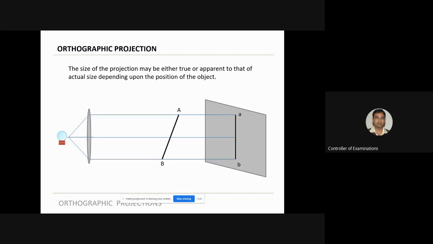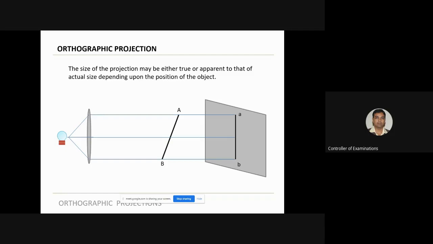Then what happens? Then the size of the actual object and the size of the image or of the picture will not be same. This is quite possible. Okay, so that is why they say that the size of the projection may either be true or apparent to that of the actual size depending upon the position of the object.